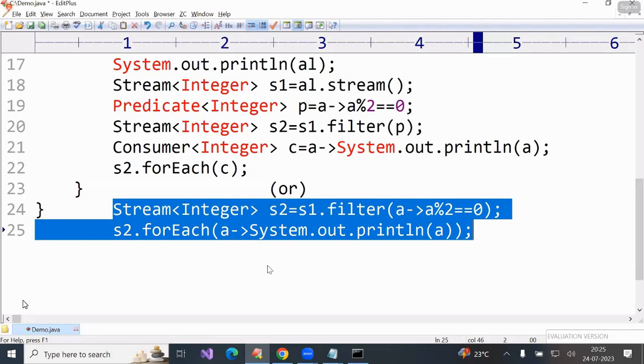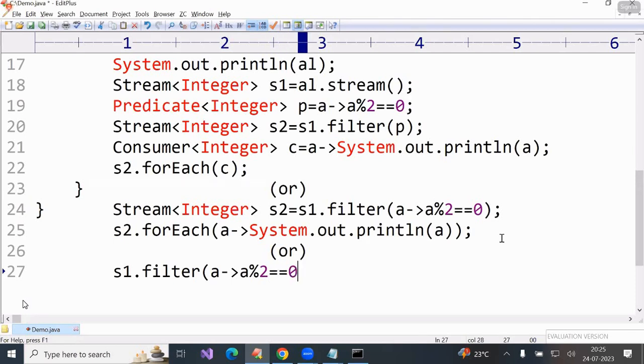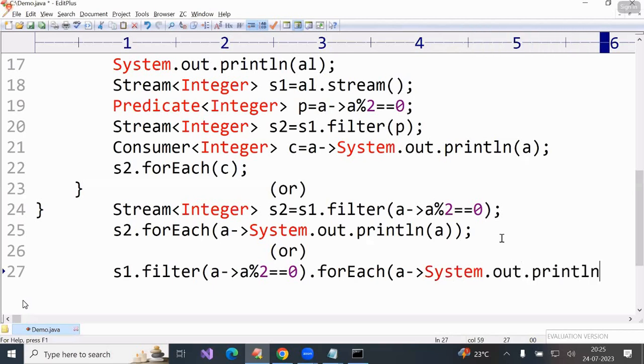What you can do here is, just give me the answer. s1.filter(a -> a % 2 == 0).forEach(a -> System.out.println(a));